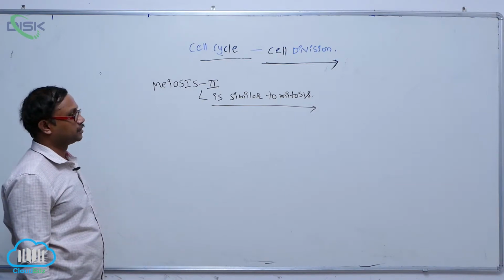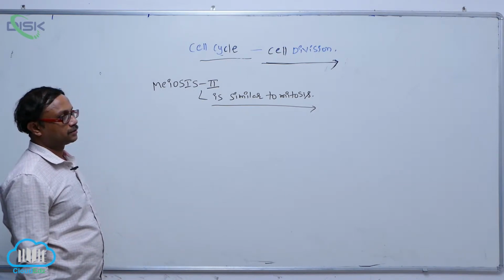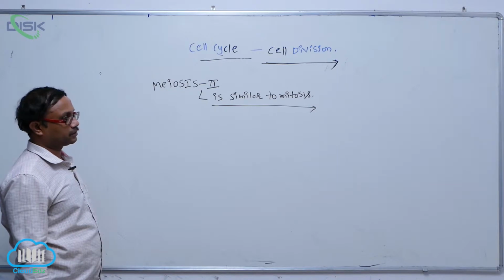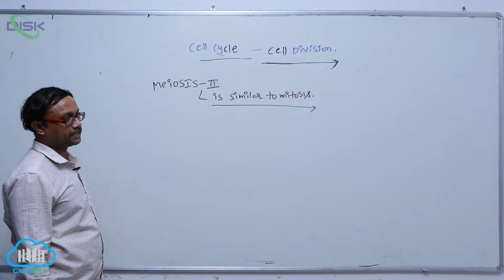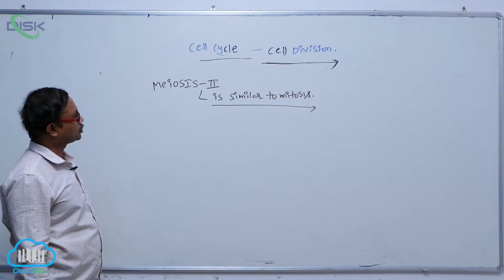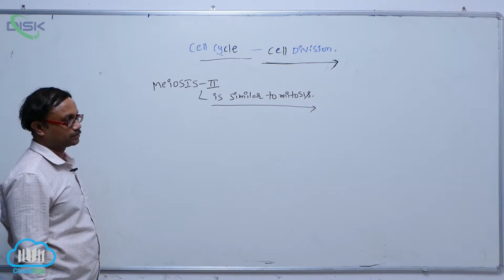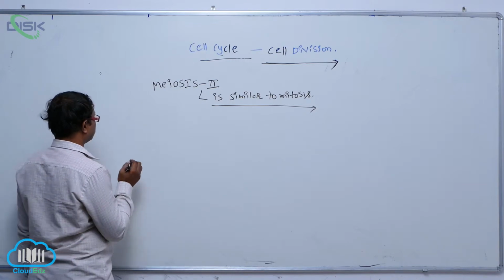It means in meiosis 1, mainly two haploid cells are formed. Each haploid cell again undergoes meiosis 2. For example,